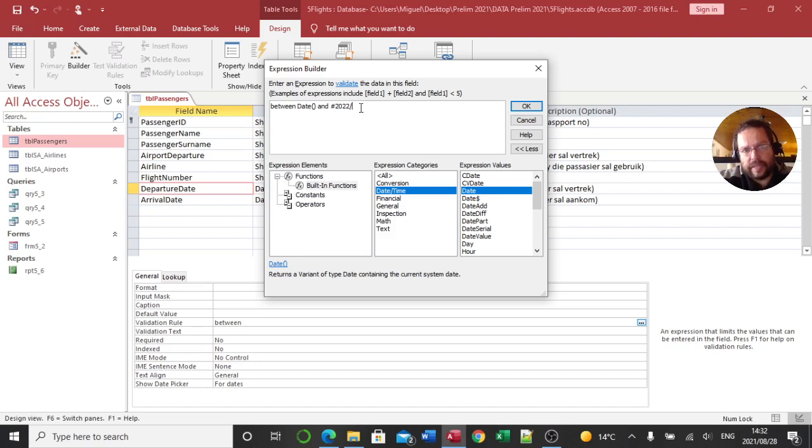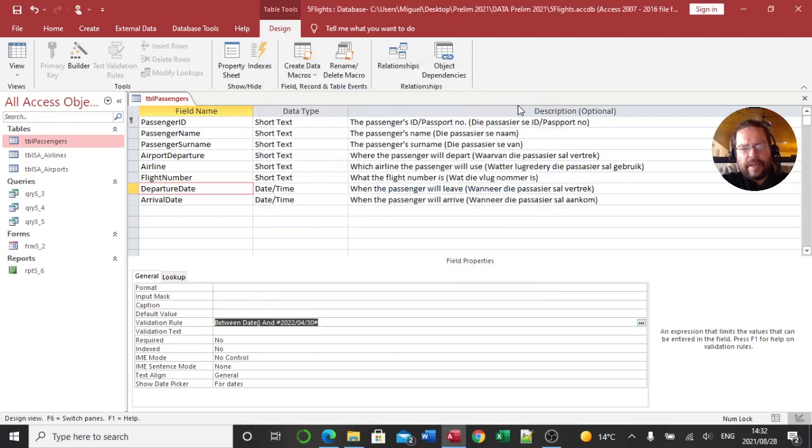Alright, so it's the 2022, they said April. April is 4, so 04 forward slash, and then they said 30, and don't forget to end it with the hash again. So we're looking for anything between today's date and the closing date. When I click on OK, it adds that code in for me. All I need to do here is write